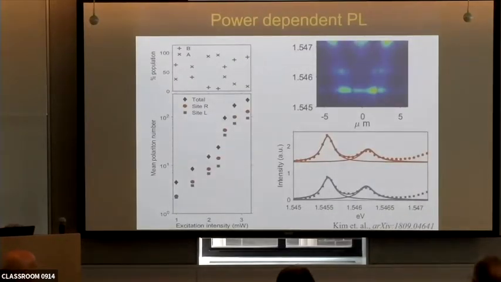Now if we crank up the pump power, we can see the nonlinear threshold here. The black line is the total intensity. The red and the blue correspond to intensity from each of these two sides. If we look at the ratio between the two sides, I think it's mislabeled. These two correspond to the bonding and anti-bonding states. So if you look at the ratio between the bonding state, the single particle ground state, and the anti-bonding state, the first excited state, it responds with more population in the bonding state until at a certain point they switch to more population in the anti-bonding state.